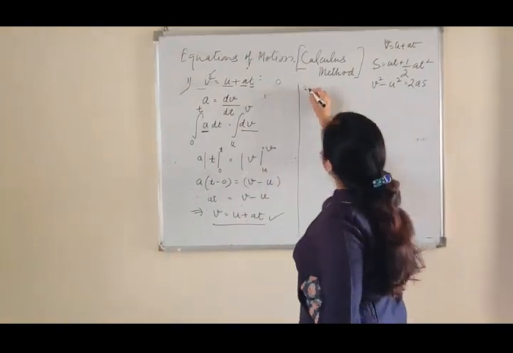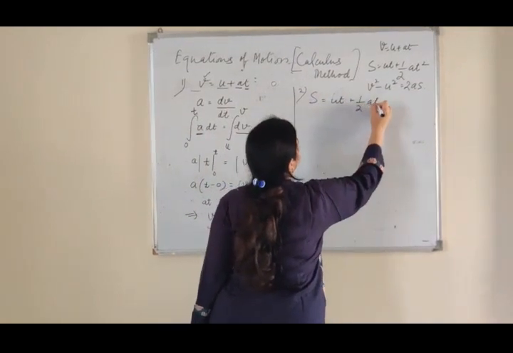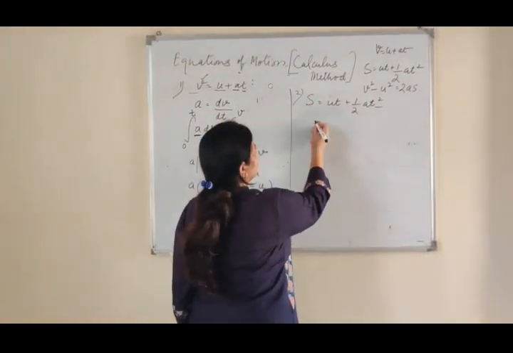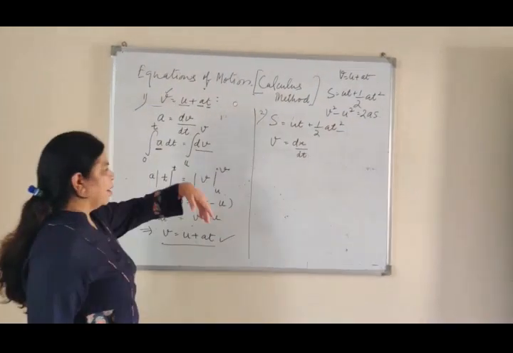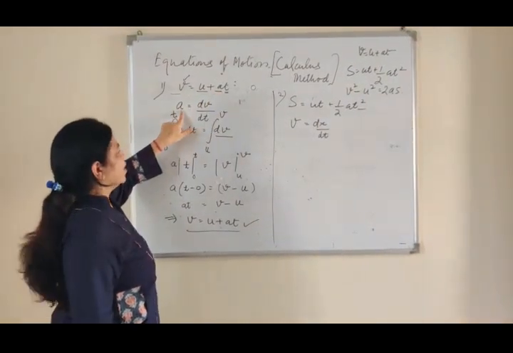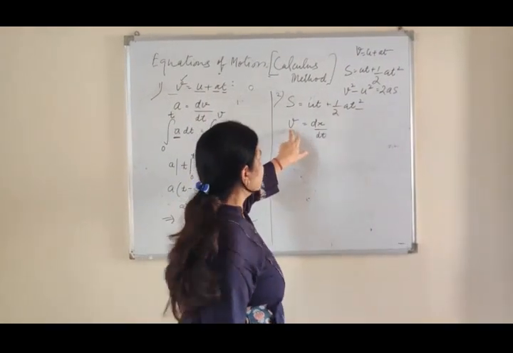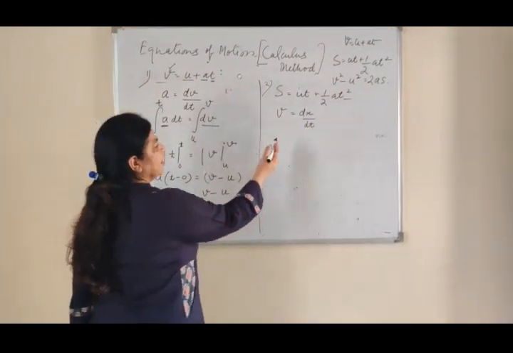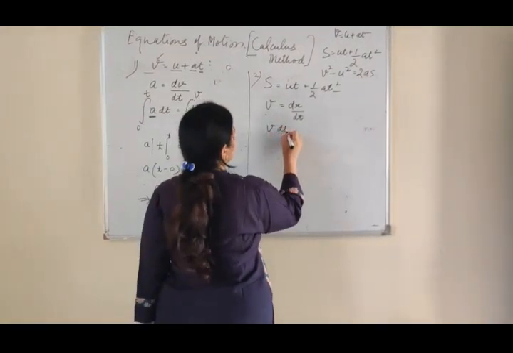Similarly, we can derive the second equation of motion also, that is s is equal to ut plus half at square. Now, for the derivation of this equation, we can start from v is equal to dx by dt. You must remember the starting points. Here, as this a term is included, I started from a. Here the velocity term is there, so I started from velocity. So velocity is equal to rate of change of displacement. So I have written here v is equal to dx by dt,